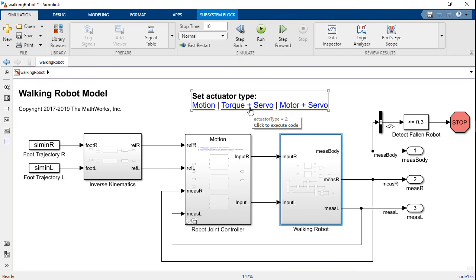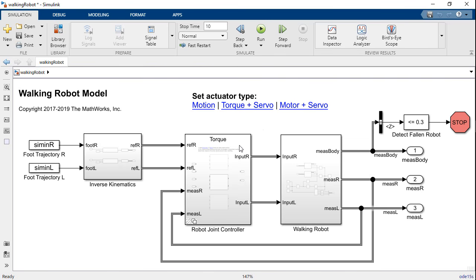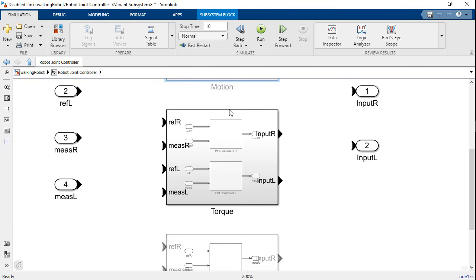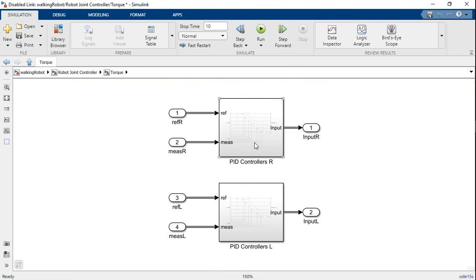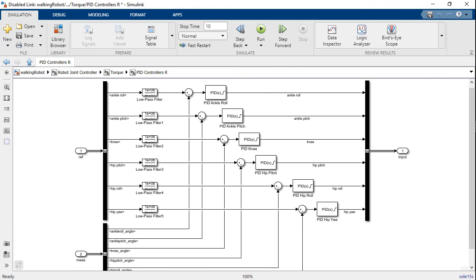Now let's switch this over to the second variant, which is the torque plus servo. And let me just quickly update the model. So when I do this, now you'll see that the subsystem shows torque instead of motion. And if I click inside of here, then now I'm using the second subsystem variant, which has PID controllers for both the right and left legs. So if I keep drilling in, then here you'll see that there are 6 PID controllers, 1 for each of